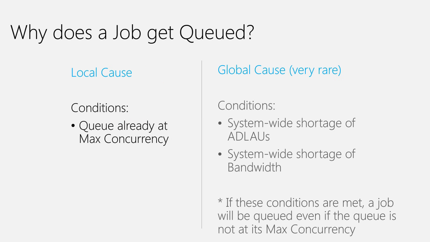So you may be wondering why a job gets queued when I haven't submitted any job yet. Assume that you are executing a U-SQL query for the very first time, and you wonder why your job is queued when you never queued any job. What happens is ADLA is a global service which multiple customers use. You may be querying a job, or your friend from another company might be querying a job. So all the queries submitted get into the queue.